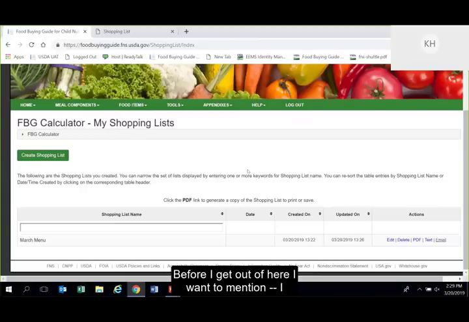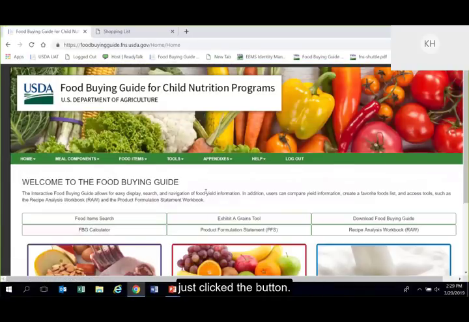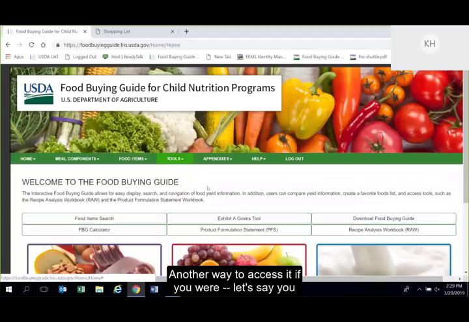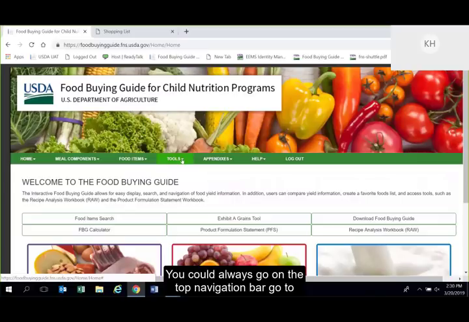Before I get out of here, I want to mention, as I mentioned in the beginning, that there are a couple of ways to access the calculator. The first, what we did, was we were on our home page and we just clicked the button. Another way to access it, if you were already using another feature of the tool and you want to get to the shopping list, you could always go on the top navigation bar, go to Tools,